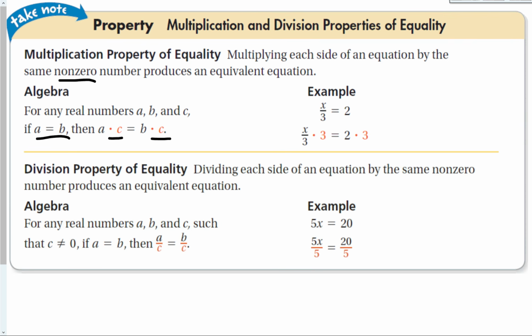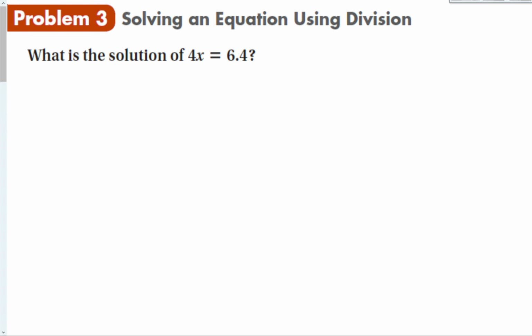Division property of equality says the same thing. Dividing each side of an equation by the same non-zero number produces an equivalent equation. And same thing here, non-zero, because I can't divide by 0. That is undefined. So that's why we have this caveat right there that says c cannot be equal to 0. So then if I divide one side by c, I have to divide the other side by c to keep both sides balanced. Usually we do this so that something will cancel, so that something will reduce. Okay? And sometimes my numbers aren't even perfect. They're not even very nice. Just remember that